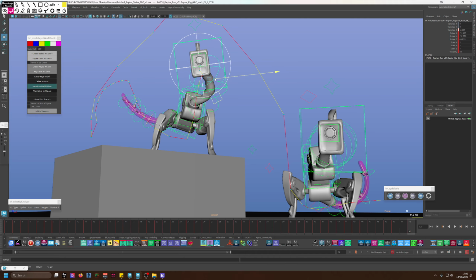Without, they don't move actually either. So yeah, it's an FK neck. True, but it doesn't have translates unlocked on it. It's just